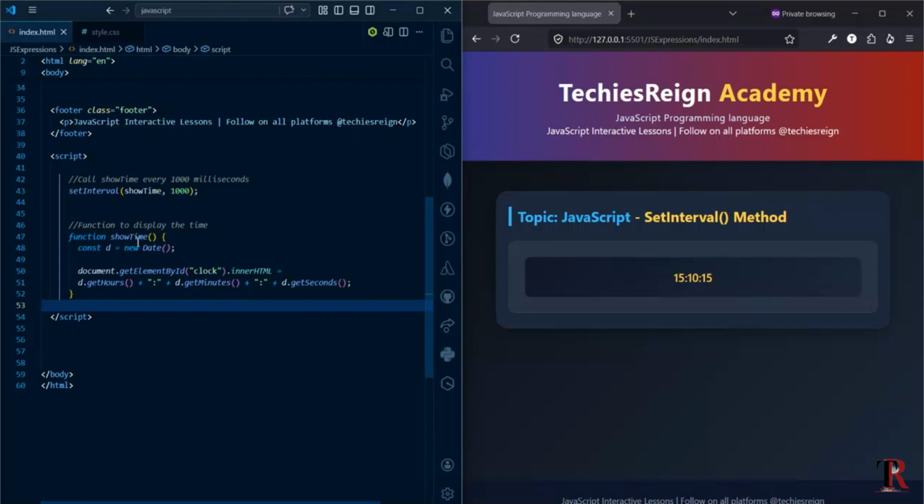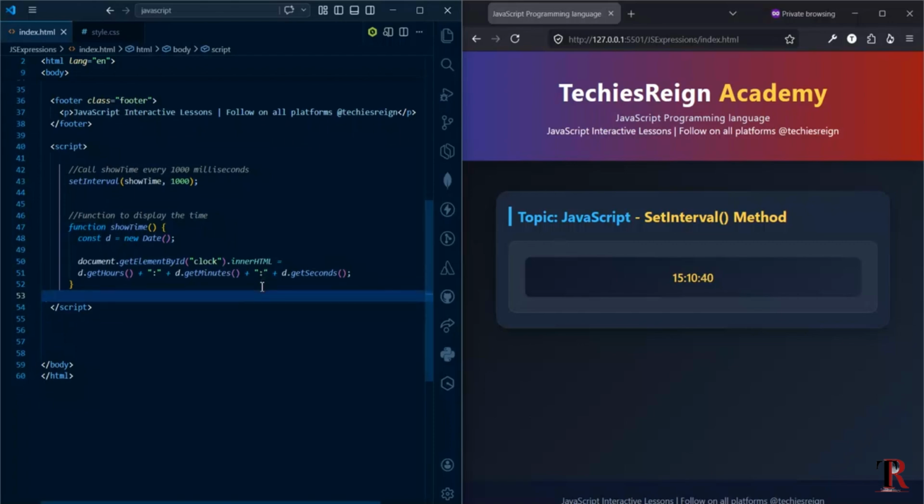So the new date object here is what gives us the current date and time, and the inner HTML here is what is updating the content on the page that you can see here. So using the set interval method, we can run a function repeatedly. In this example, we run a function every second to get the current time and display it, creating a live digital